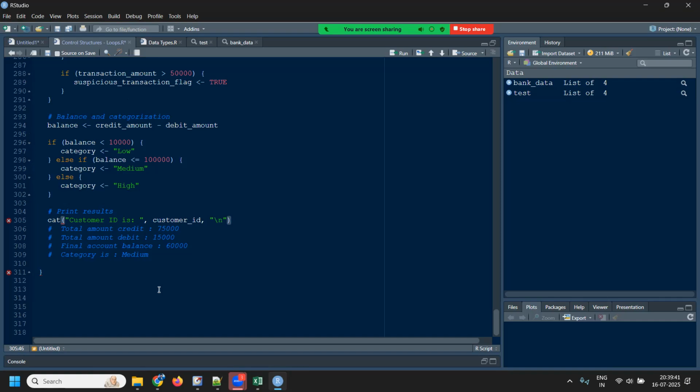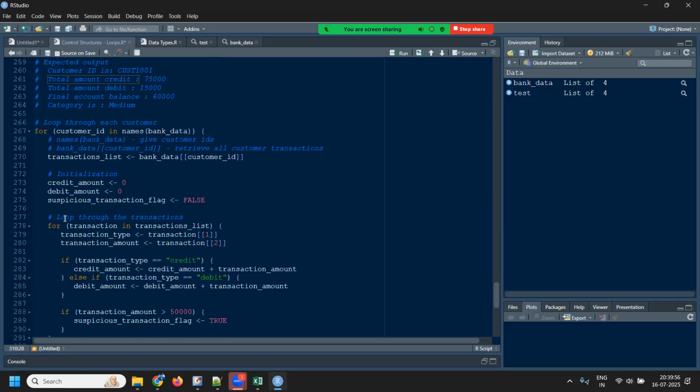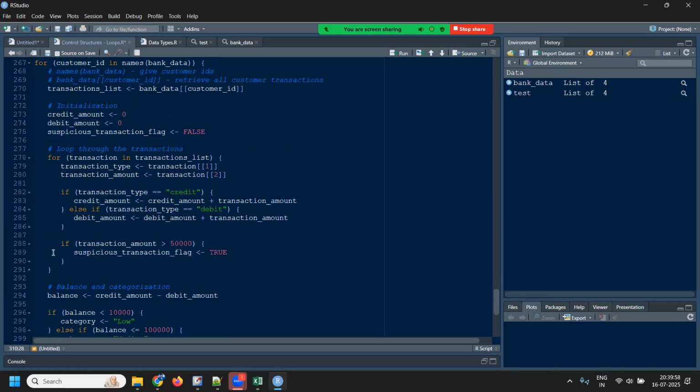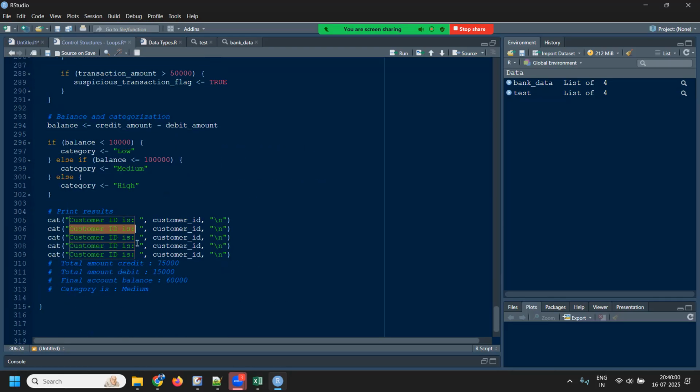New line, I'm going to get it. First thing is done, right? Do the same for the remaining ones: 2, 3, 4, 5. Second one is going to be, I need some space after that. If you see here carefully, I added some space after that. So add some space